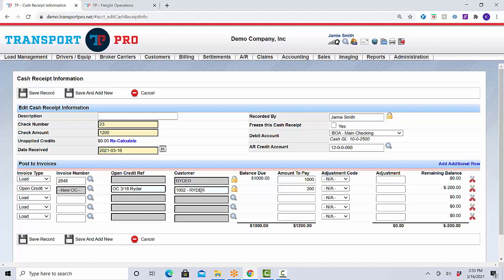Tag the correct customer record and enter the amount of the open credit, or in other words, the unapplied credits. When you do this, the system will auto-calculate the remaining balance to reflect that open credit. Then save the record. So the next time you go to record a cash receipt for this customer and say you wish to apply that recorded open credit that we just saved,